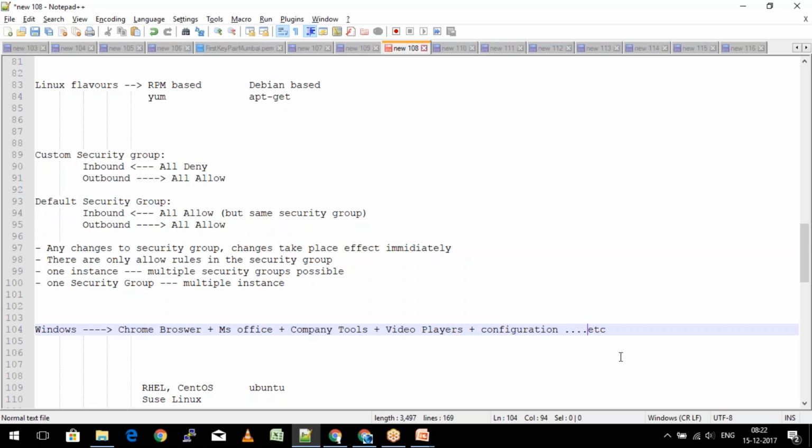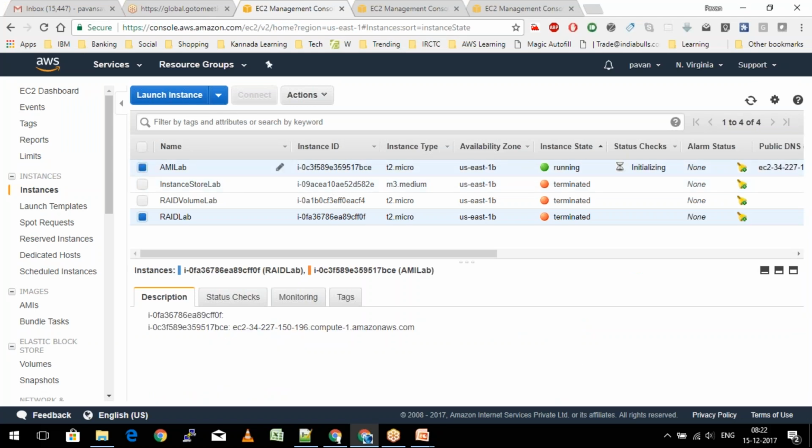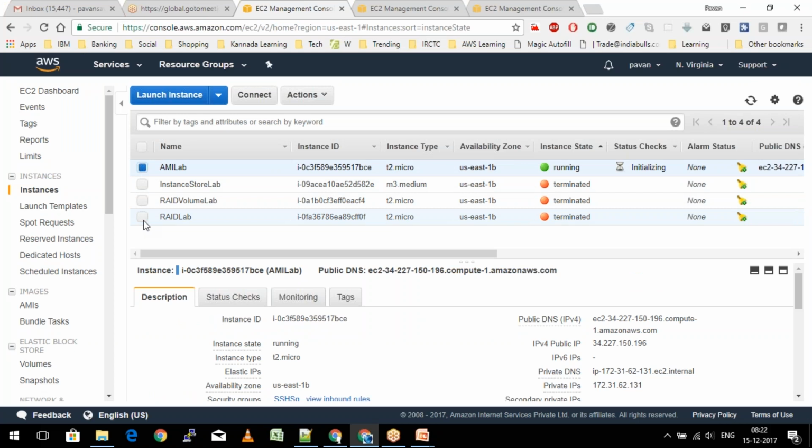So basically they have got an image. The image consists of all the tools pre-installed in it, and I just need to replicate the image and I'll be able to get it back. Similarly, I have launched one Linux machine here, and I'm going to go inside this Linux machine. We are going to install some software inside it, and make some configurations, and then I'm going to create an image out of it, so that whenever I launch a new EC2 instance using the AMI, it will have all the prerequisites done for me.